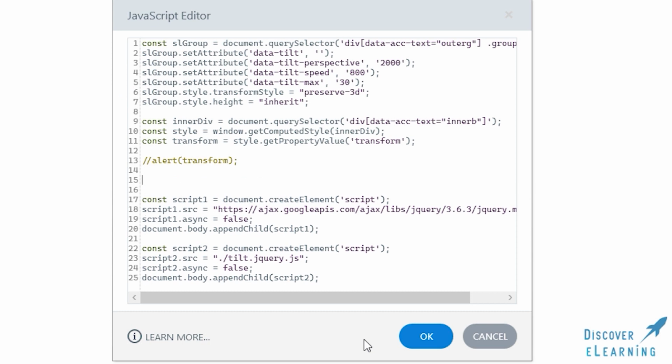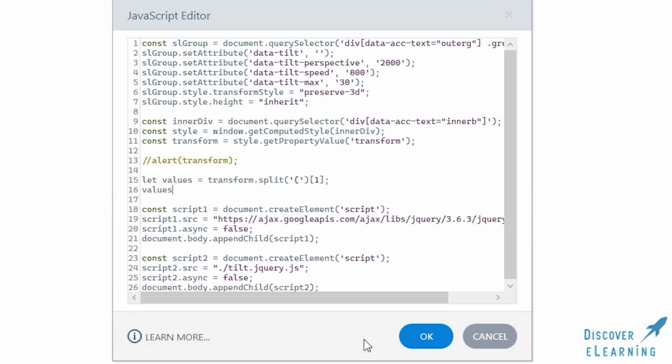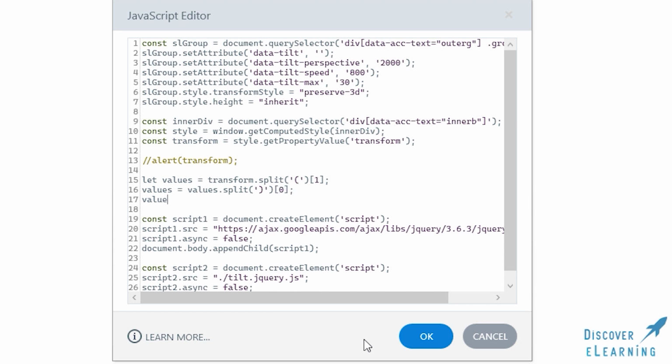So in order to split and extract the values we need from this string, we can use a .split function in order to separate our current variable between the open parentheses character into a new array that contains two elements, the string matrix and the preceding string of numbers. We'll then use the split function again using the closing parenthesis character in order to leave us with a variable containing only our numbers split by commas. And lastly, one more split function which will create a totally new array of all numbers contained in the remaining value string, with each number indexed between 0 and 5.